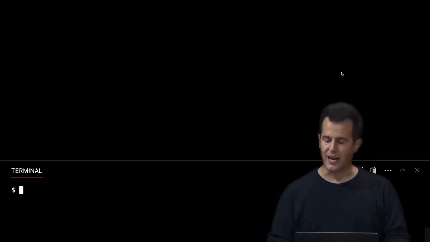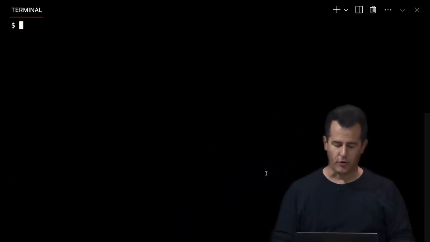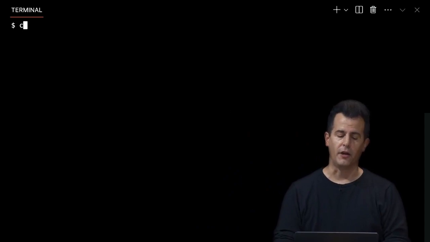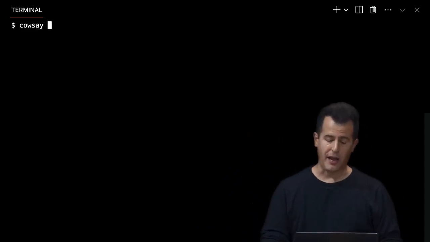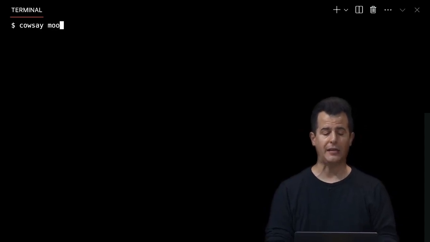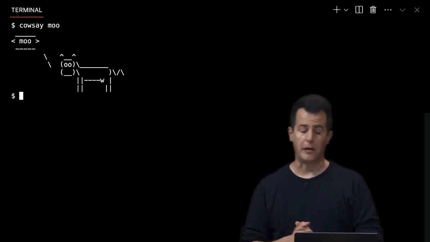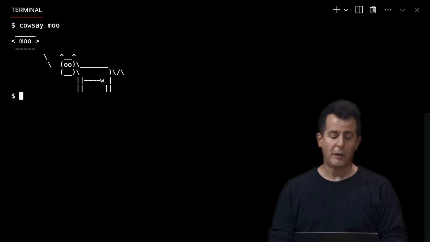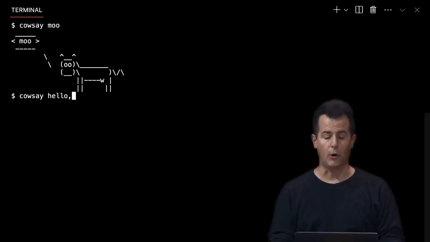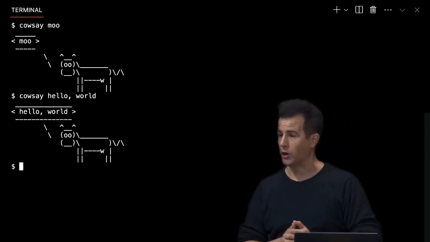For instance, if I go back to VS Code here, let me increase the size of my terminal window here. It turns out that we've pre-installed, really for no compelling reason, but just for fun, a program called cowsay, which has a cow say something. So if I want to have a cow say moo in ASCII art, I can do this. And you get an adorable cow saying something like moo on the screen. But moo is a command line argument that is clearly modifying the output of this program, because I could also change it to say hello, comma, world, and now the cow is going to say that instead. So it takes multiple command line arguments, if you will.